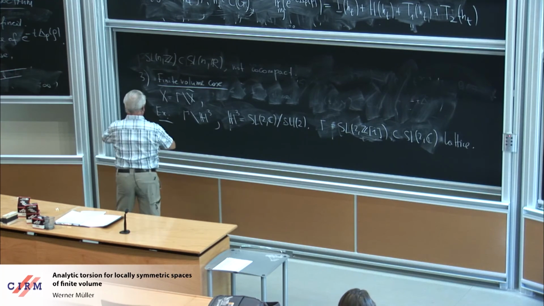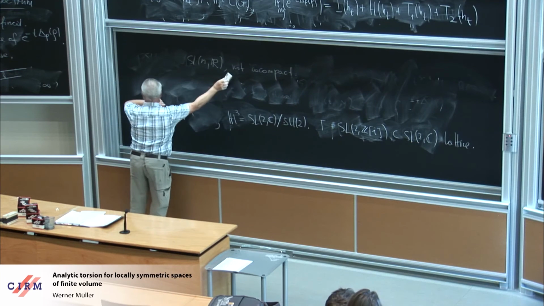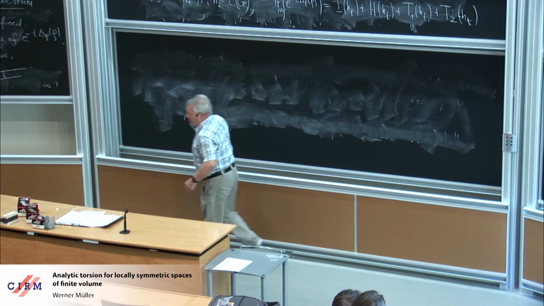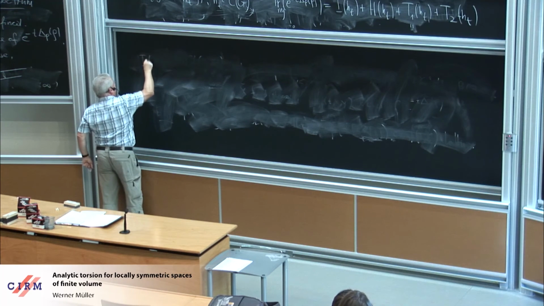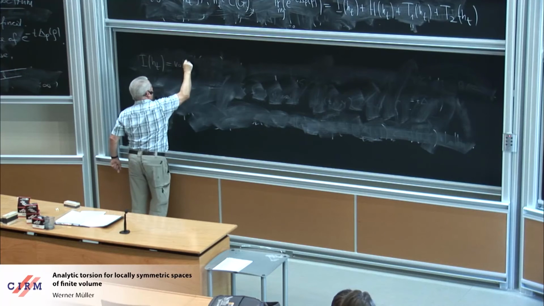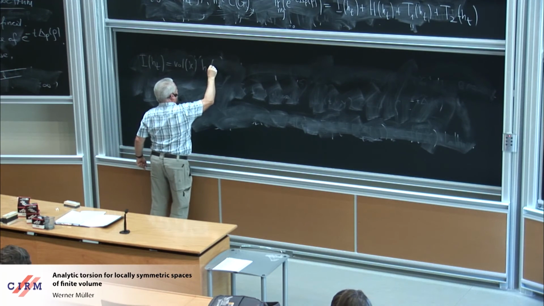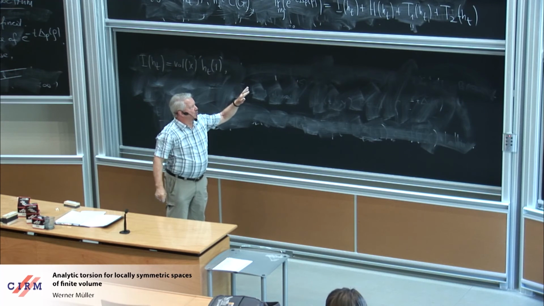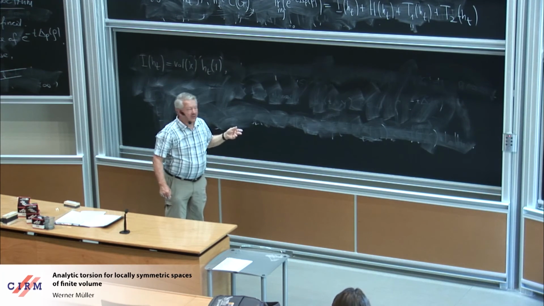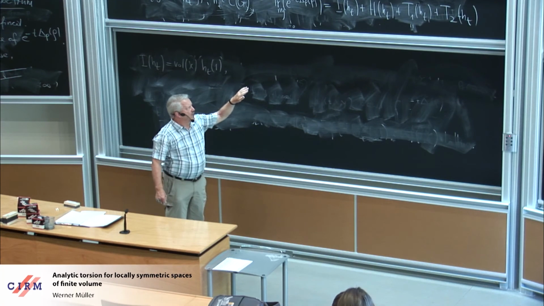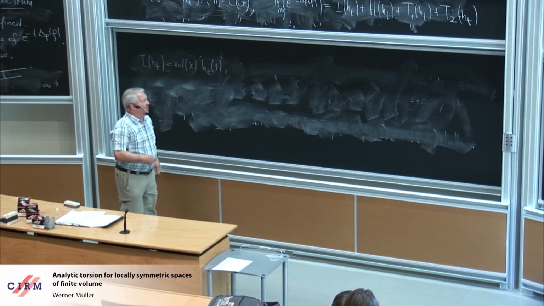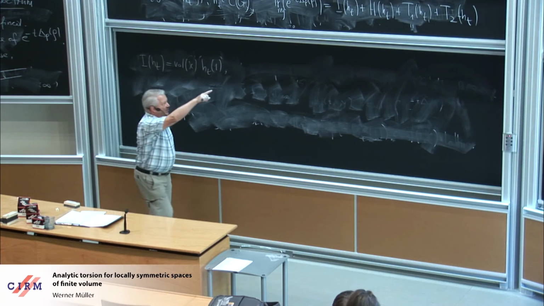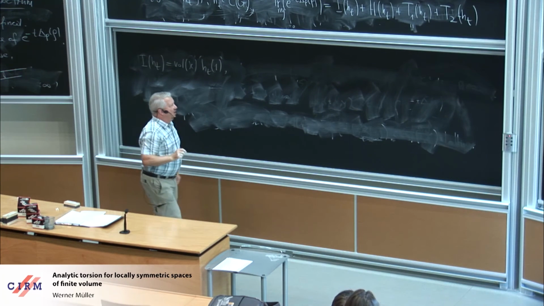So the first one is very simple. H1, I, is just the contribution of the identity. This is the volume of X times the trace of the heat kernel evaluated at the unit element. Then H is the contribution of the hyperbolic conjugacy classes. Well, they don't make any trouble. This term is exponentially decreasing if t goes to 0. Well, it can be expressed in terms of the lengths of closed geodesics associated to the conjugacy classes. The interesting terms are the last two ones, which correspond to the parabolic